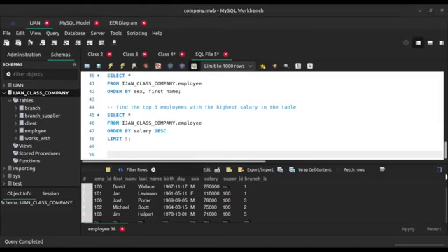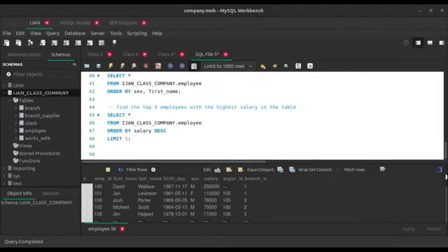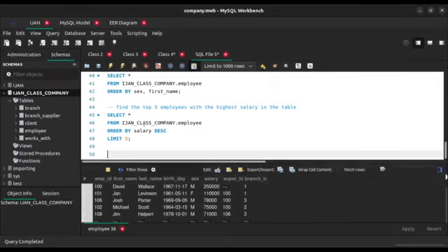So let's look at another situation. I think this one is a bit simple. This one is just finding the first name and the last name of every